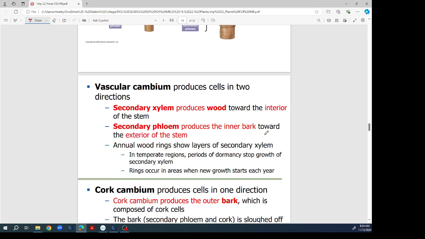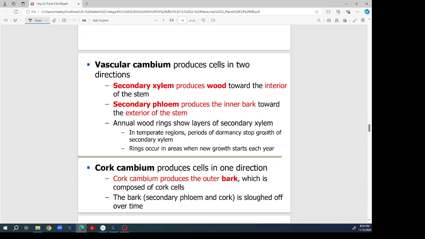So in these, we've got this idea of the vascular cambium and the cork cambium. And so these, in conjunction with each other, are those lateral meristems. And this is secondary growth that allows a tree to get bigger. And this idea that these annual wood rings show layers of secondary xylem. And so we've all seen that as we've